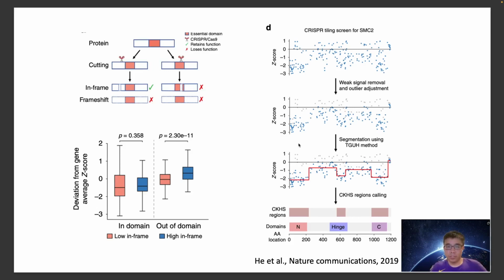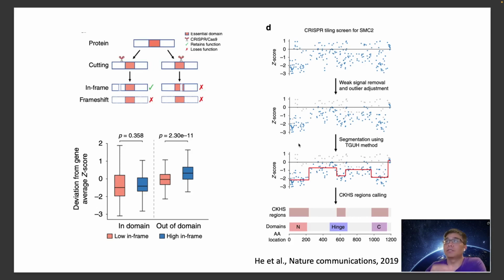Okay, then we just adjust it to be equivalent to the other surrounding signals. So after this adjustment, we can remove most of the noise, and then we followed this